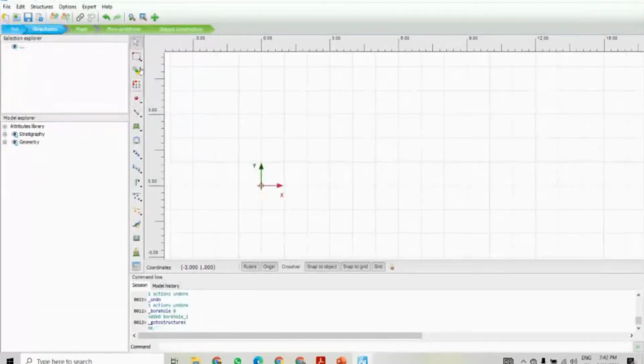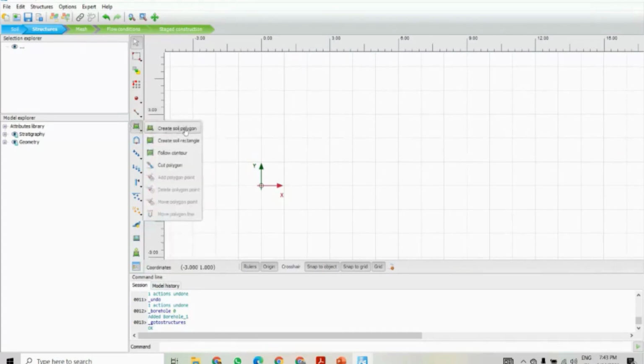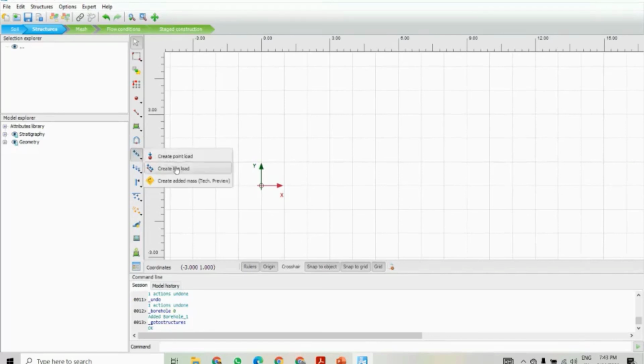From the structure we can provide different things, like create point load, line load, create line displacement, create plate, geogrid, interface, embedded beam row, then create node to node anchors. Anchors also we can provide. We can create drains, ground flow, thermal flow, add beams, then we can create polygons. Then this is for tunnels, create tunnel. Then loads, like point load, line load.